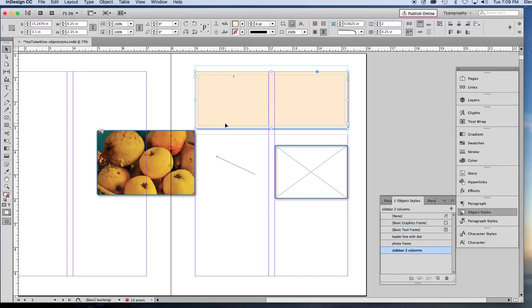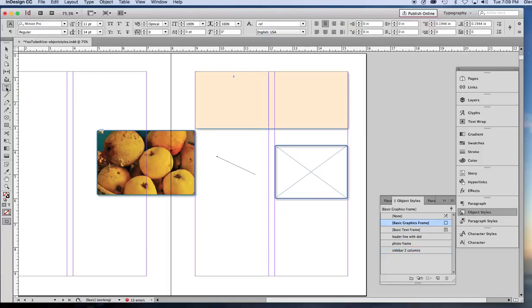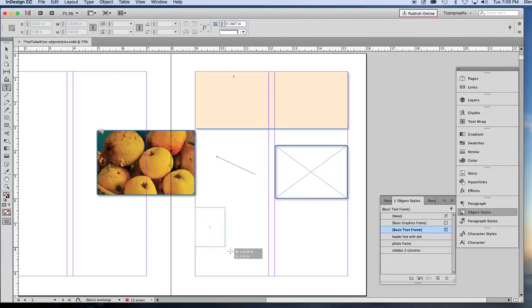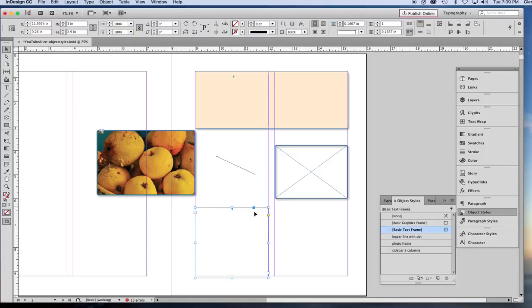Now, with the sidebar, let's say we're working on our book and we suddenly realize we would like to have some of the sidebars only fit in one column and we want the type to be one column. So how will we do that? Let's make a text frame and select it and give it the sidebar 2 columns style. Now you see it has 2 columns. We don't want 2, we want 1. So we just go up to the control bar, change the number of columns to 1,